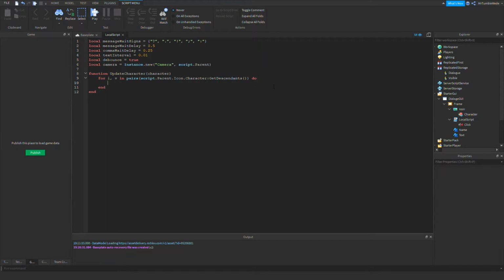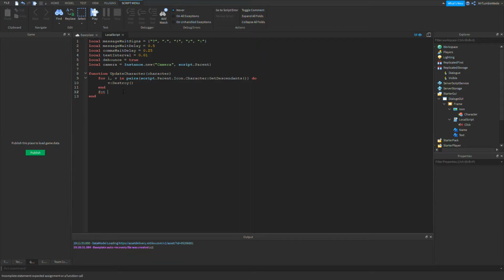Okay, so now we do v:Destroy(), and what this does is when we update the character, it will destroy any existing thing inside the character. That way we can add in the new character, and there isn't more than one person at a time in the viewport.